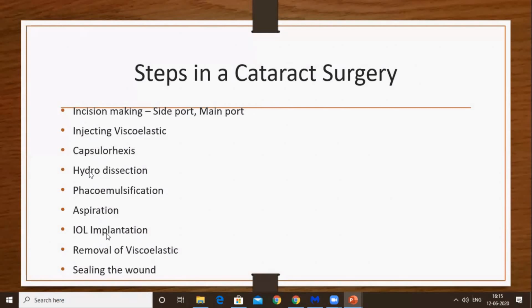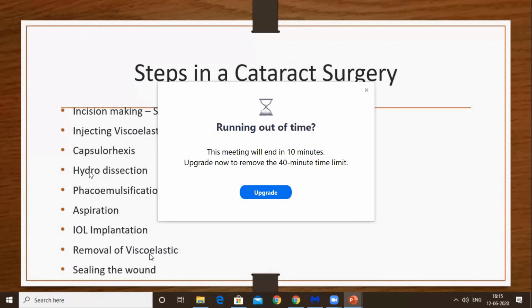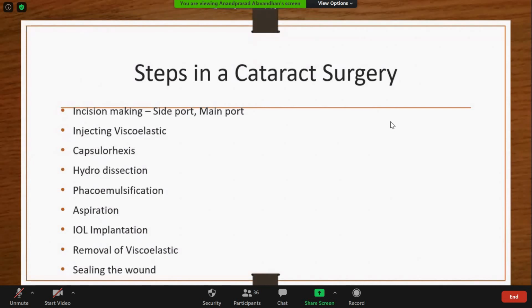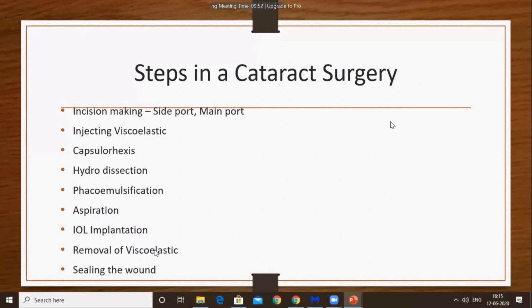After doing the IOL implantation, it is very important to remove the viscoelastic which was injected at first, because viscoelastics are meant to be injected for a clear view of the lens or the cornea during the surgery. Viscoelastics are very hydrophilic in nature, so if you miss a few viscoelastic inside the bag after cataract surgery, it will end up with a PCO. Within 1 week, patients who have viscoelastic inside the bag develop PCO. So removal of viscoelastic is very important after injecting an IOL.